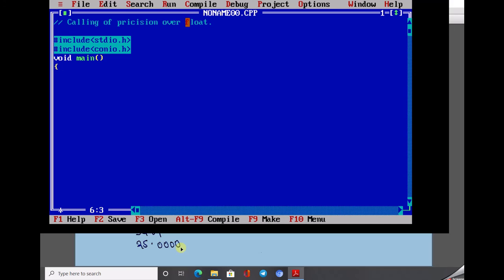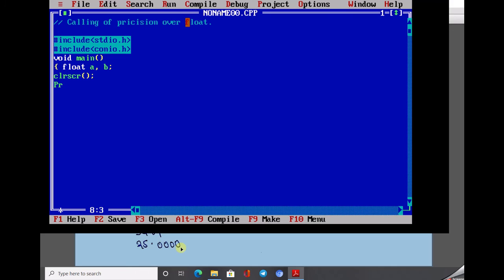Okay, so I take an example: float a, and similarly a second variable declaration, float b. Both are of type float. I also use the clear function, since I don't remember what I did in the previous program.